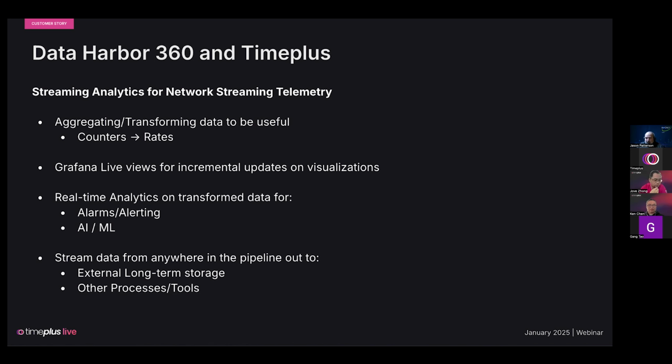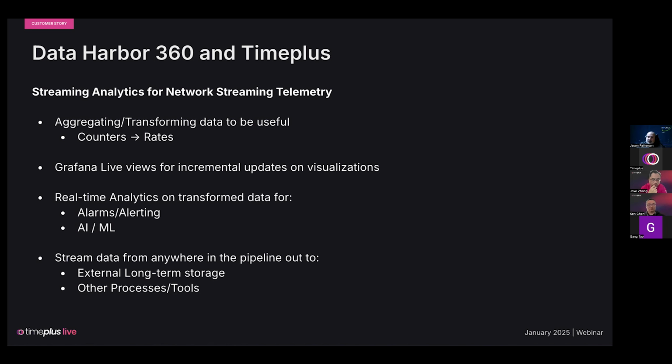The other big problem that we run into in this world is a lot of it is based on counters. And so the way the counters work in the networking world is they're either a 32-bit or a 64-bit counter, and then when they fill up, they reset back around. And so if you collect counters, a counter by itself, like if you just have one data point, is pretty useless. You need 2 data points and the time that they were both captured at, so you can figure out a